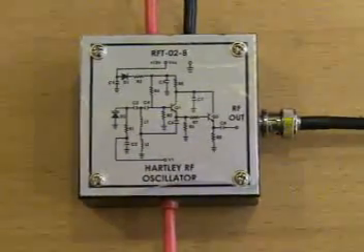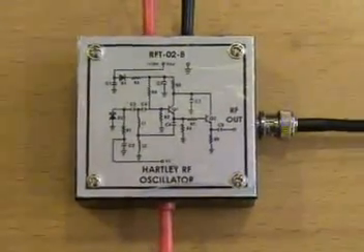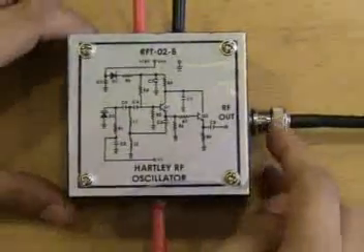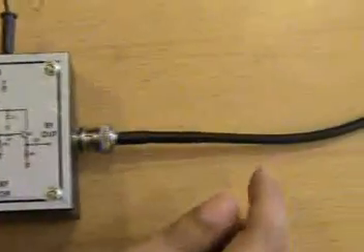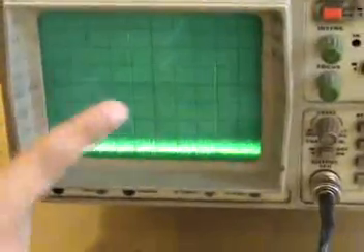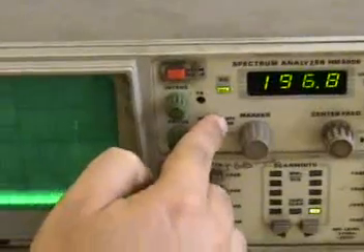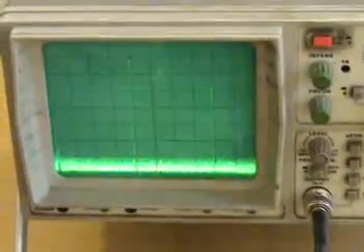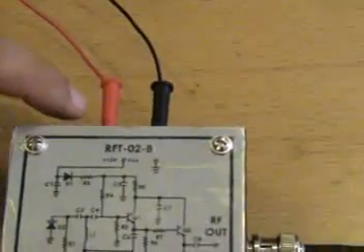Now we have connected this Hartley RF oscillator RF output to the input of the spectrum analyzer, and as you can see, the frequency of the Hartley RF oscillator right now is about 194 megahertz. We have applied plus 15 volts to the VCC of the module, and we have supplied